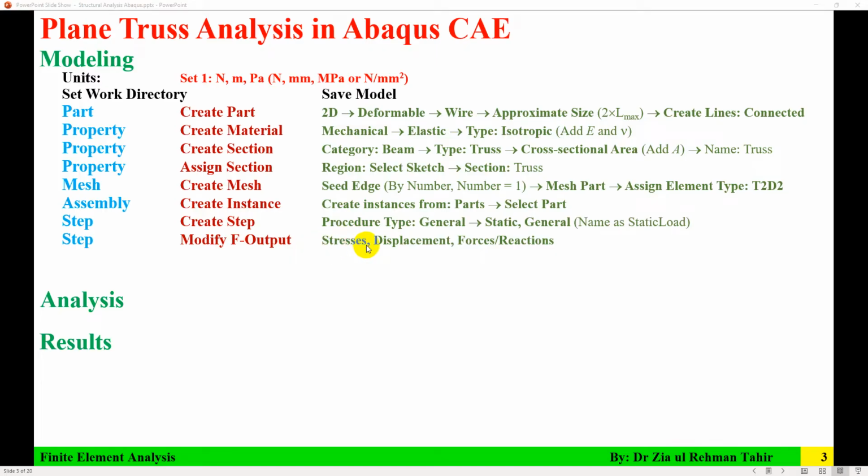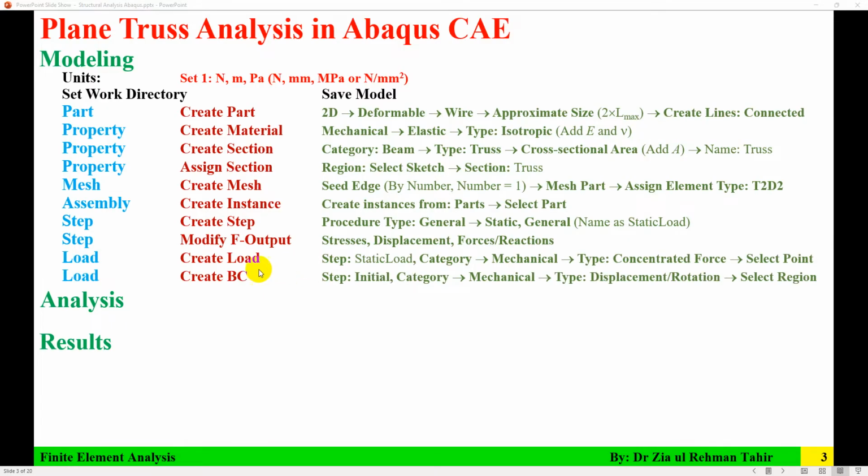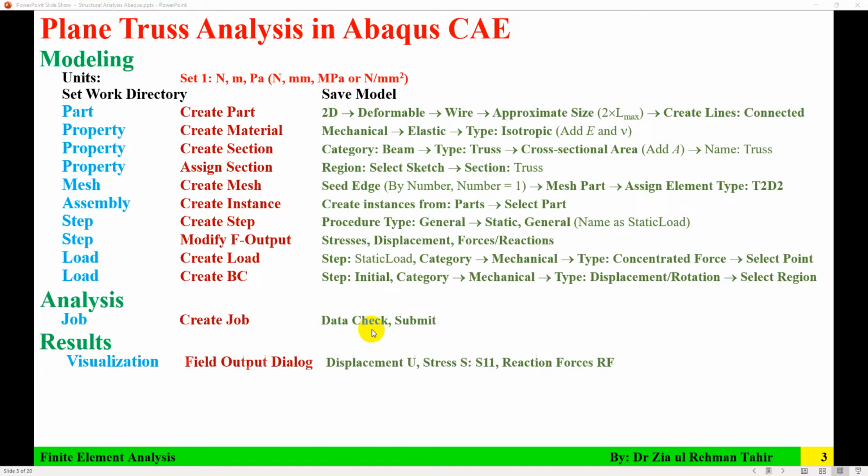Here I use stress, displacement, and forces. And then you need to create the load or simply apply the load. Then you need to create boundary conditions, and then create a job, and after creating the job you can perform a data check and then submit. Once it has been submitted, you can go to the visualization of the results. You can visualize those results in the viewport, and with the prop value you can first visualize